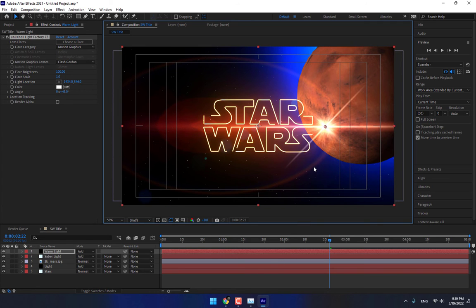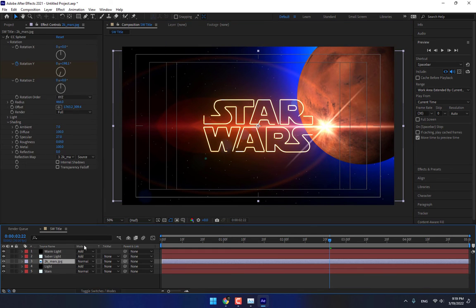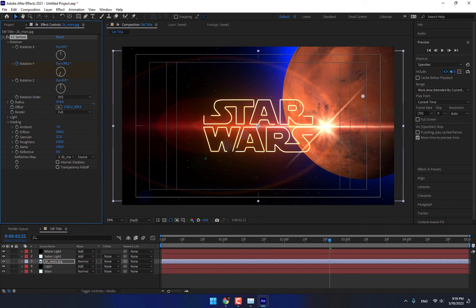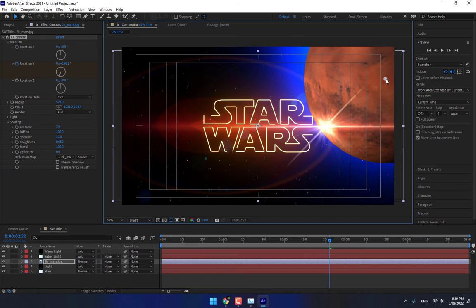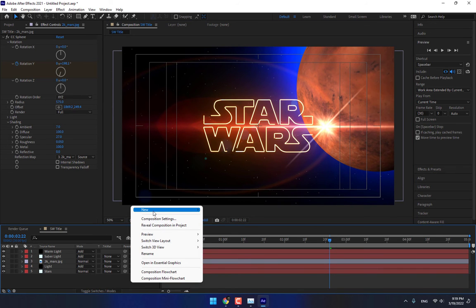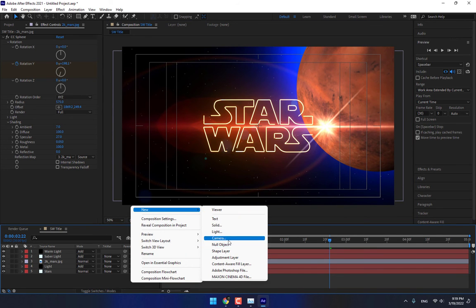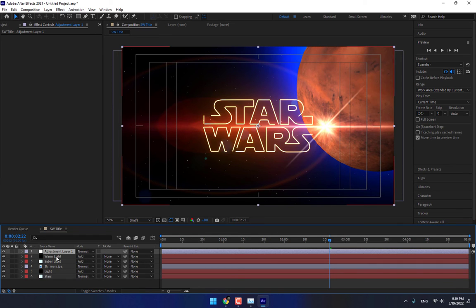Yeah, that is great, and select the mirrors, change the size, and now right click, create adjustment layer,